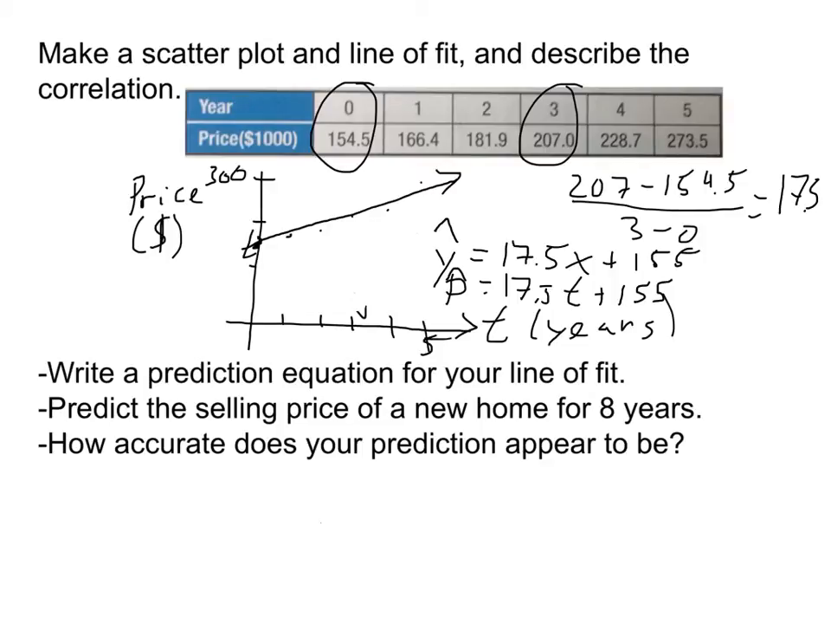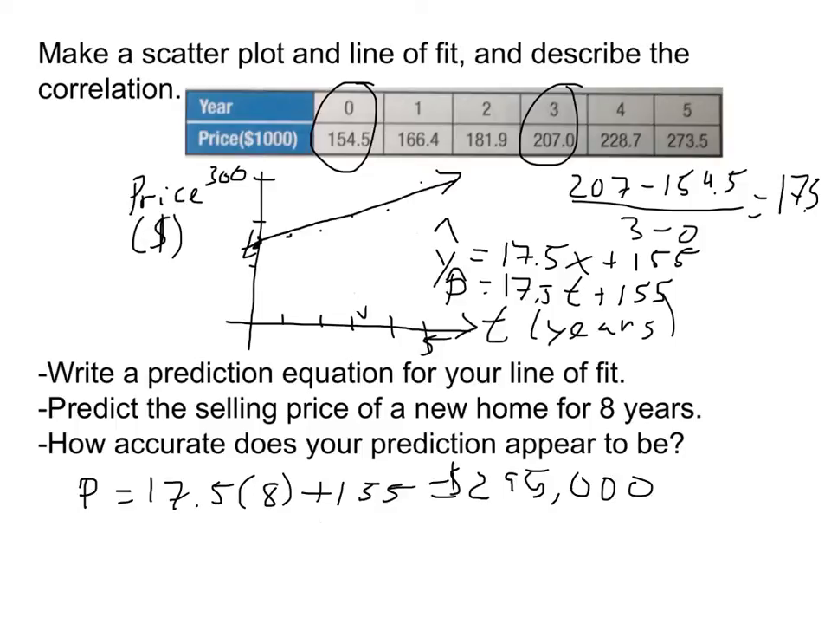Now predict the selling price of a home for 8 years. So we go, okay, the price is equal to 17.5 times t. T is 8 years, plus 155. So that's equal to, type it in, 295, but we have to multiply that by 1,000 because it says prices are in terms of 1,000, so I'll add that on. So we would say that 295,000 would be a good prediction for a selling price of a new home